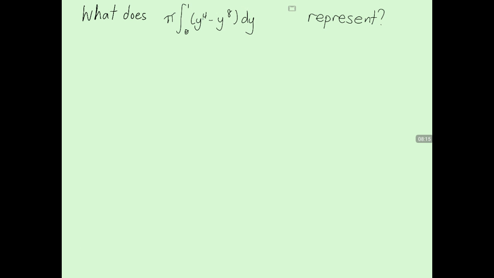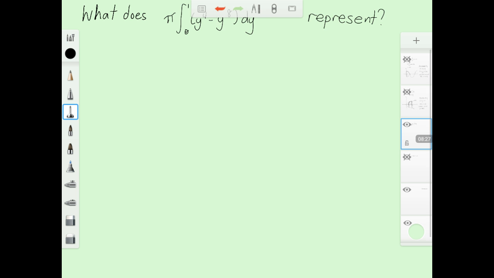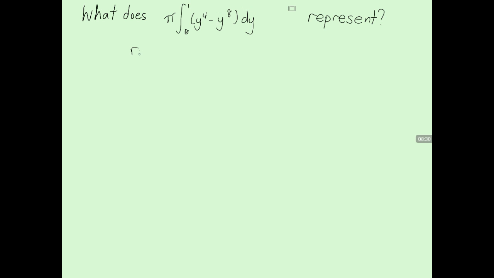We have the difference of two squares. So a way to think of this is we have two radiuses. One is r1, and we'll let that be the radius of this function. So we'll have that be y squared, and we'll have the radius of our second one be y to the fourth. So if we take a look at a graph of these functions,